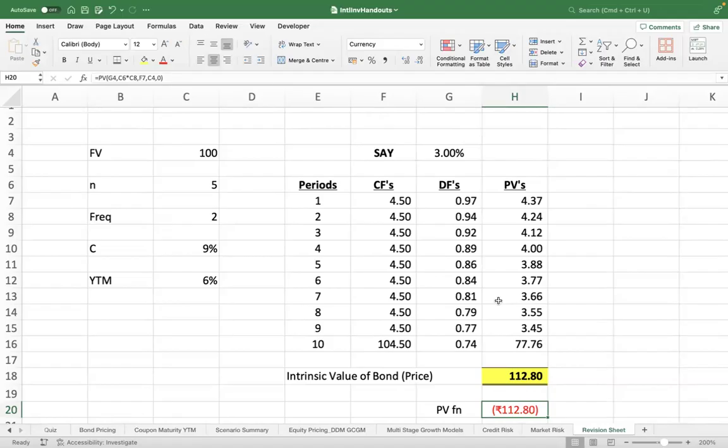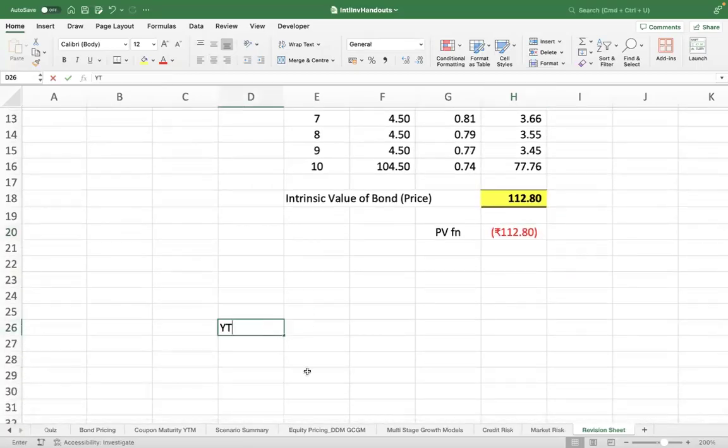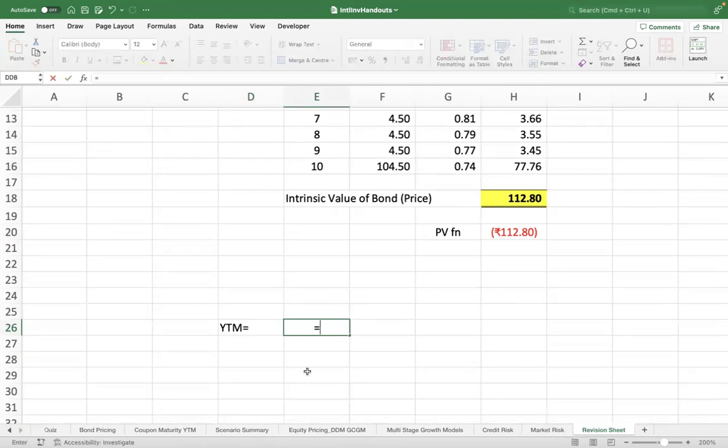The second part of the question was what? If you would have known that the price is $112.80, how would you have computed the yield to maturity? So for that, I would apply the formula for YTM, which I have mentioned. YTM is C. C is what? 4.5 plus M minus P. What is the maturity value? 100 minus price